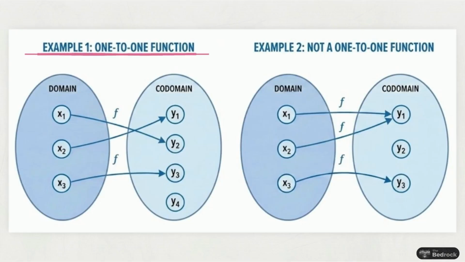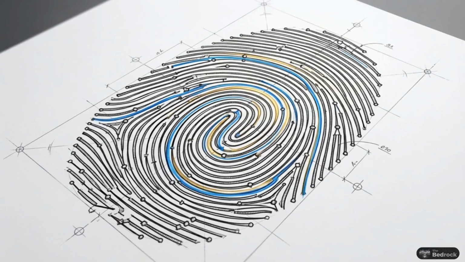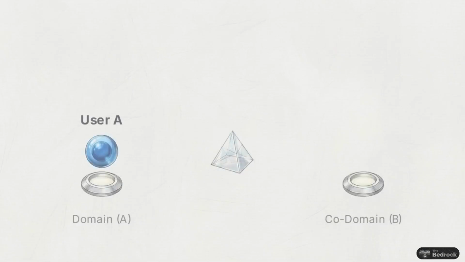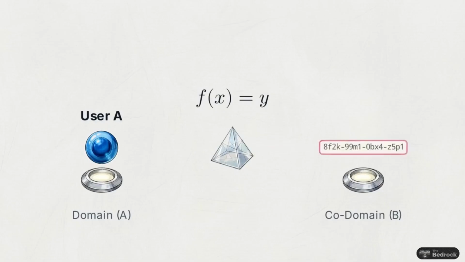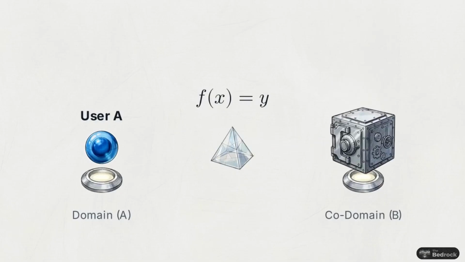This diagram illustrates the one-to-one or injective function. Every input on the left maps to its own distinct output. Panning to the second example, we see the failure state. Inputs x1 and x2 collide at output y1. The data's uniqueness is destroyed. By enforcing strict injectivity, developers can guarantee digital individuality. This mathematical rule is what generates unique user IDs for databases and ensures that your authentication token belongs exclusively to